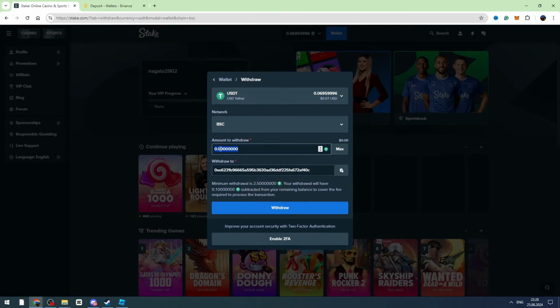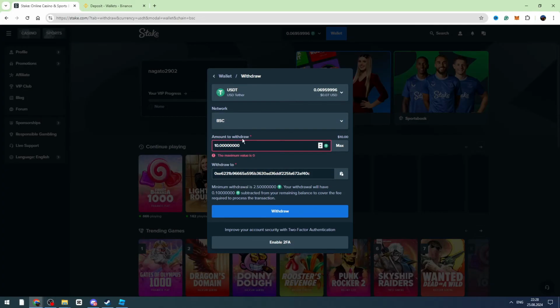Here you need to enter the withdrawal amount. Before you enter it, you can see that the minimum withdrawal amount is 2.5 USDT and the fee will be 0.1 USDT, guys. So for example, you are sending 10 USDT from Stake to your Binance. You need to enter the amount right here, and you need to click this withdraw button, and then in maximum 5 minutes, you can check